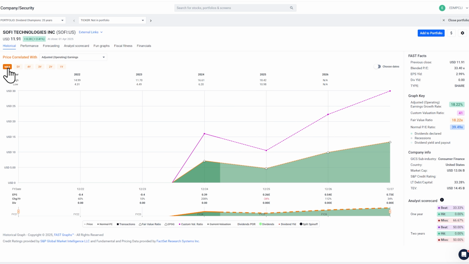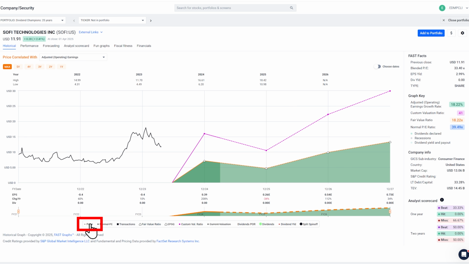If I do a max view of it, it had several years of losing money. And then from '23 to '24, it went from minus 4 cents a share to 39 cents a share. And this gives this aberrant growth rate here. And then earnings are expected to drop again in fiscal 2025, which we're currently in, obviously. We're through March. And then earnings are expected to grow 112% and then 34%.